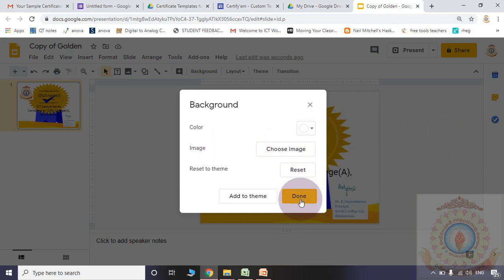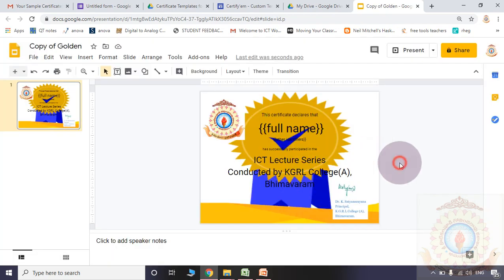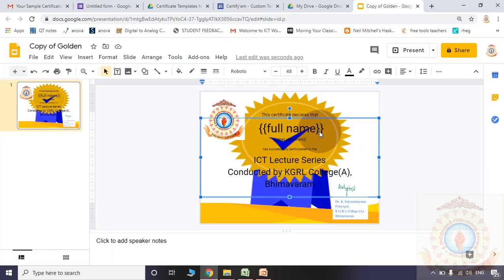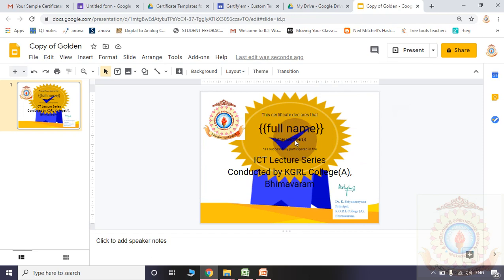Here I am selecting some image. For every text, here you may change the alignment also. So name, organization name, ICT lecture series, everything is centrally aligned. They are centrally aligned here.